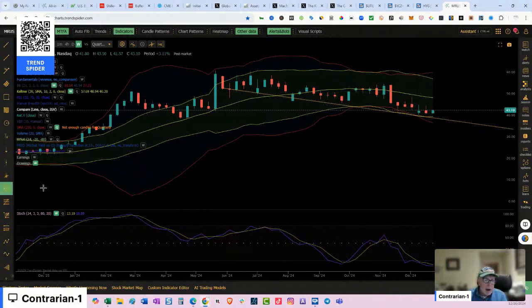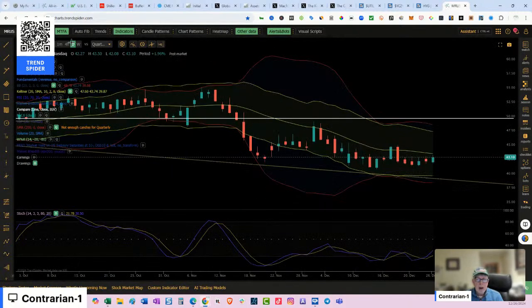I would not be a buyer of the shares until we close back above the 20-period moving average, which is currently around $50 a share. That tells me that in all probability, they're going to take it up higher. Right now, the pressure's to the downside. Momentum on a daily time frame is hooking up.